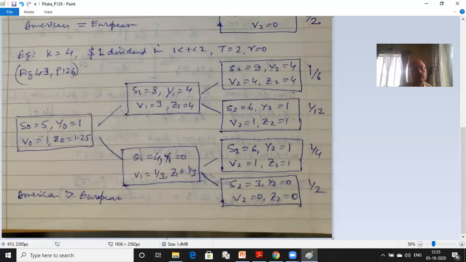In the down node, there is no difference. They are the same. So the option holder will hold on to the option. But because the up node gives you a better choice, today the day 0 price of the American option will also be strictly more than the European option, because I stand to strictly gain in one of the nodes. The price is actually 1.25 rather than 1. So this is how the option calculations work. So is that clear?